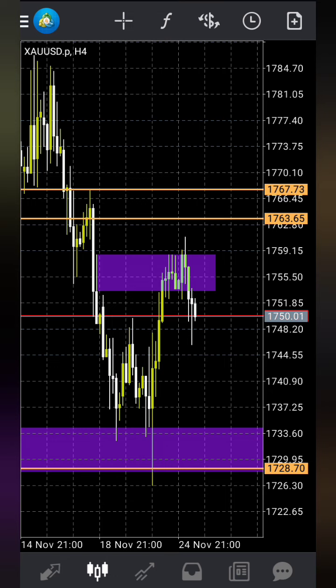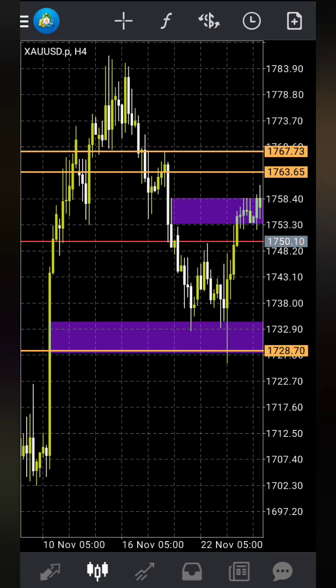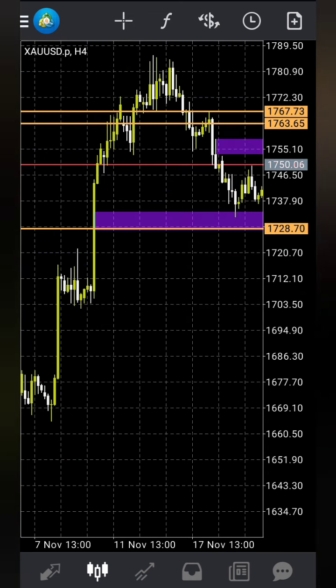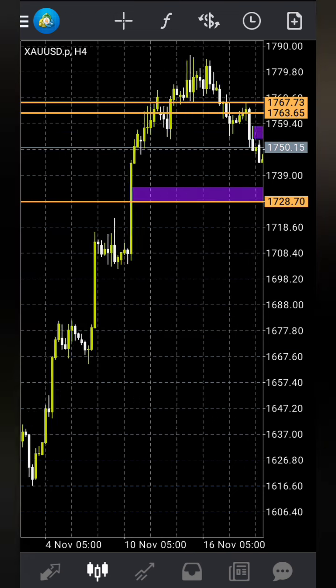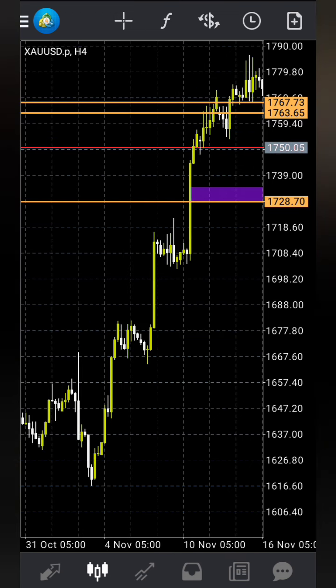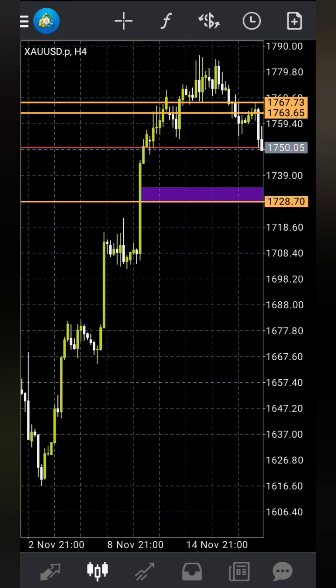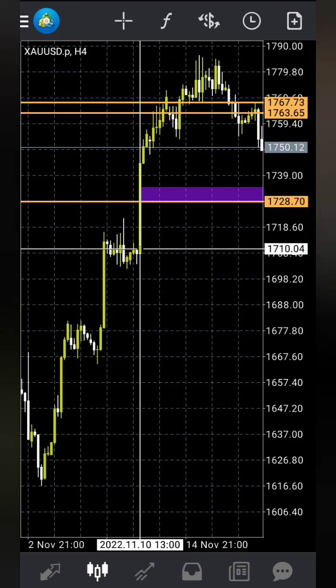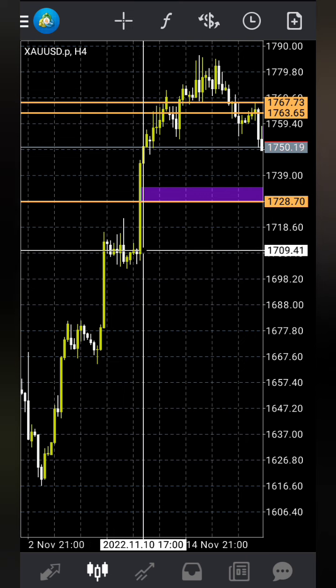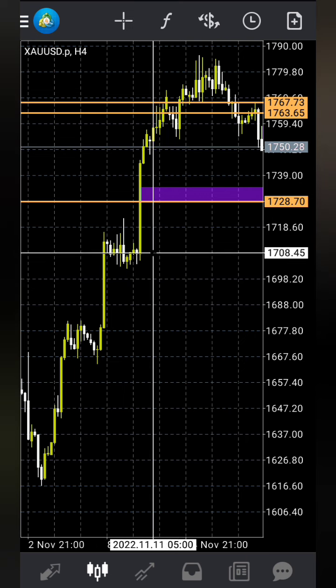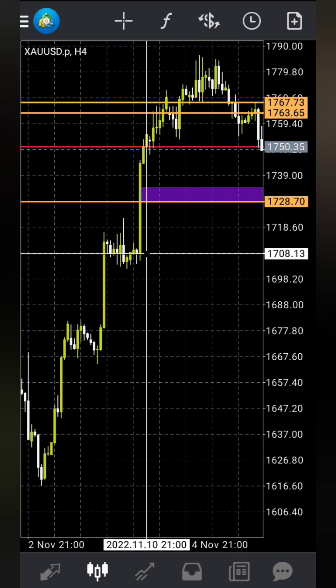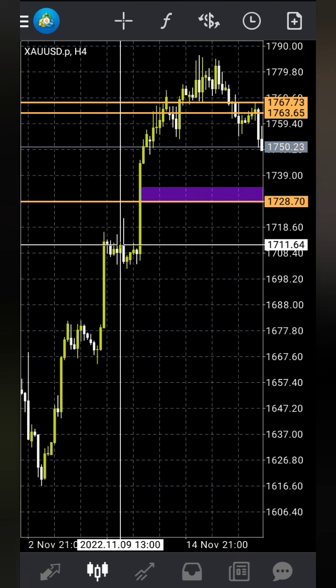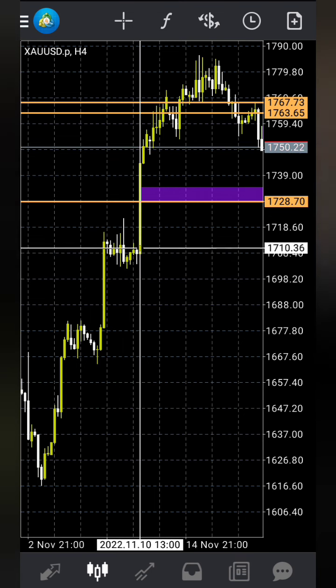There are some more rules to identify the power of the engulfing candle. Different engulfing candles give different power. There are some phenomena there that I just realized. As you can see, this is a bullish engulfing. You see the candle is big, but I can tell you this power is not that much because it cannot break